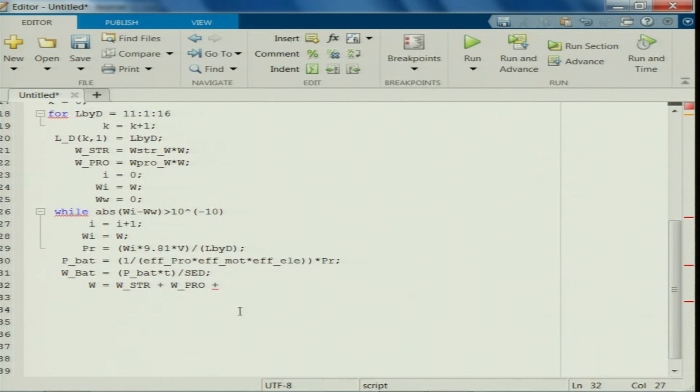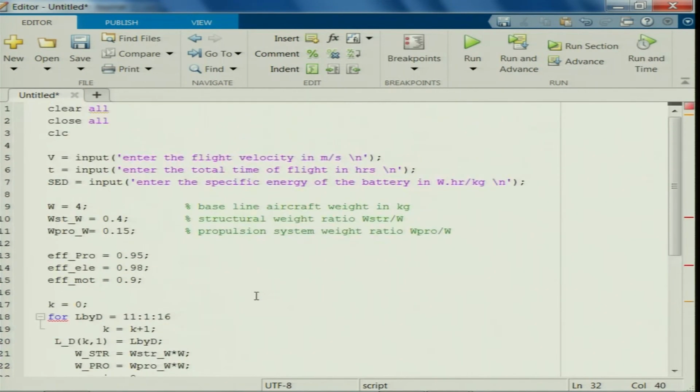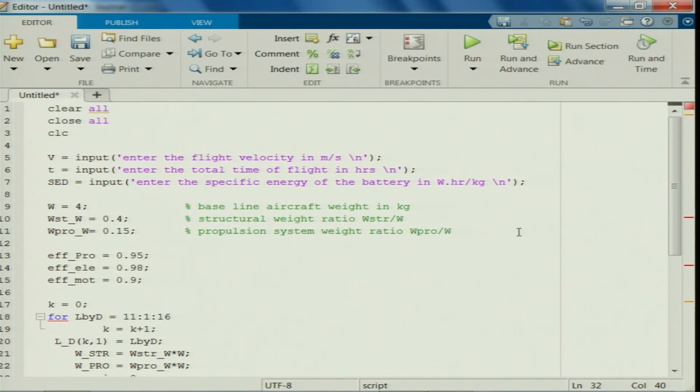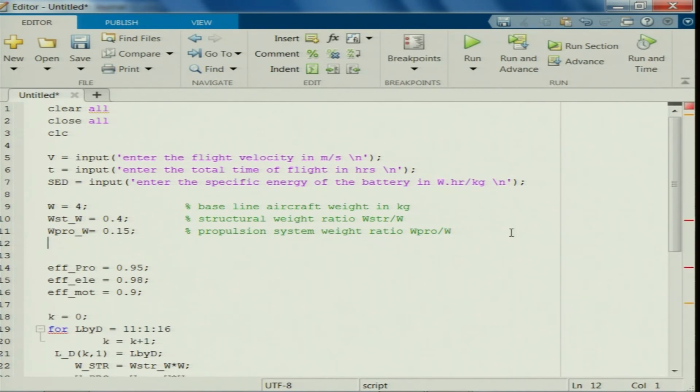Okay. So, and then what we have is the new battery weight, that is BAT here. This is the new battery weight, right. So, now actually W is getting updated with this new battery weight, plus payload is already given. Payload was not considered here, but it was given as an input. So, let us write W payload. W underscore PL, let us say, is the payload weight, which is equal to 1 kg, right.